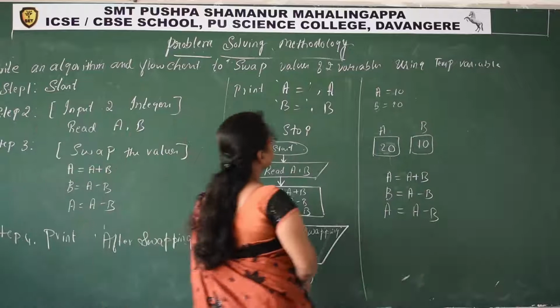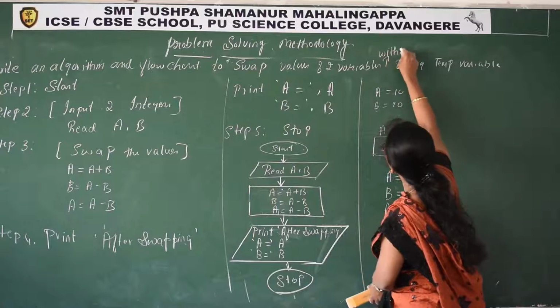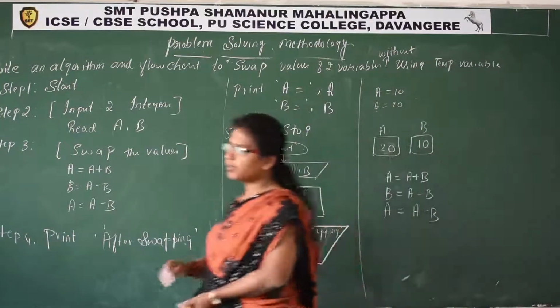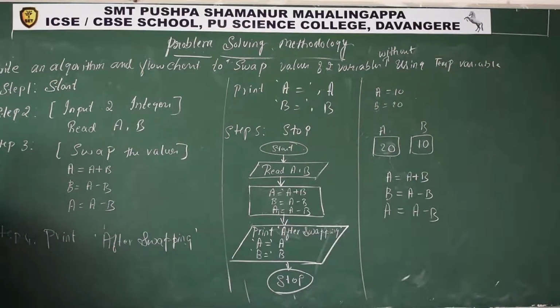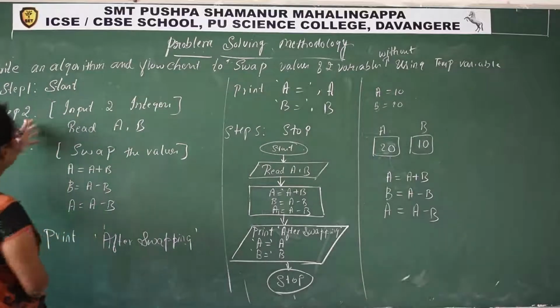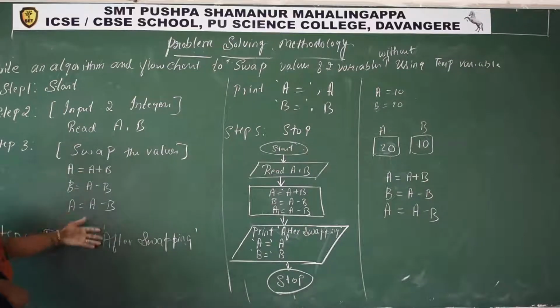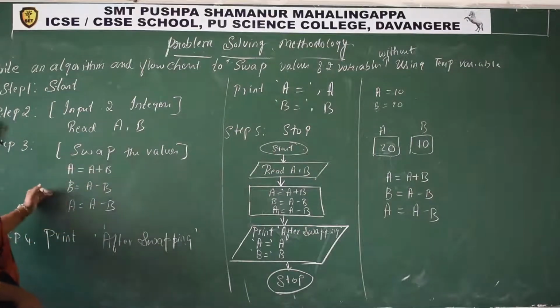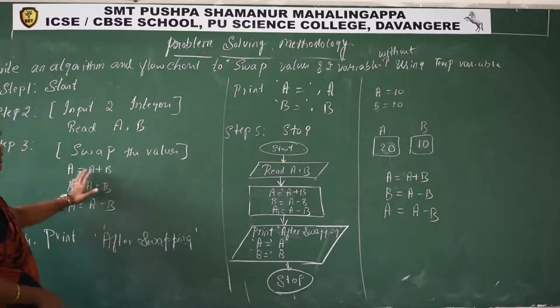Here, you take two separate questions for this. One is using temporary. Here, without using. This is without using. I hope you understood how to swap two integers with using temporary variable and without using temporary. Right now we are writing only algorithms and flowcharts. That is the common way of finding a solution for the given problem statement. Anybody can understand this. Input two integers means those integers are A and B. Now swap. To swap without using temporary, we have used this technique. After swapping, we are displaying the result. So this is a common way of writing, or anybody can understand easily.